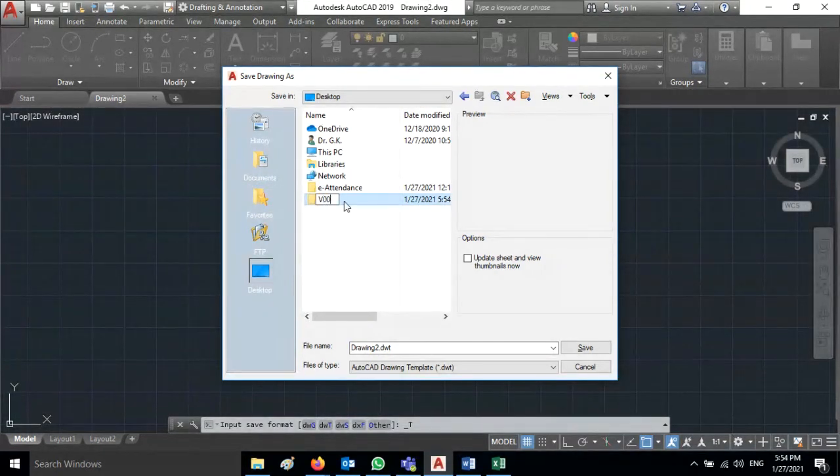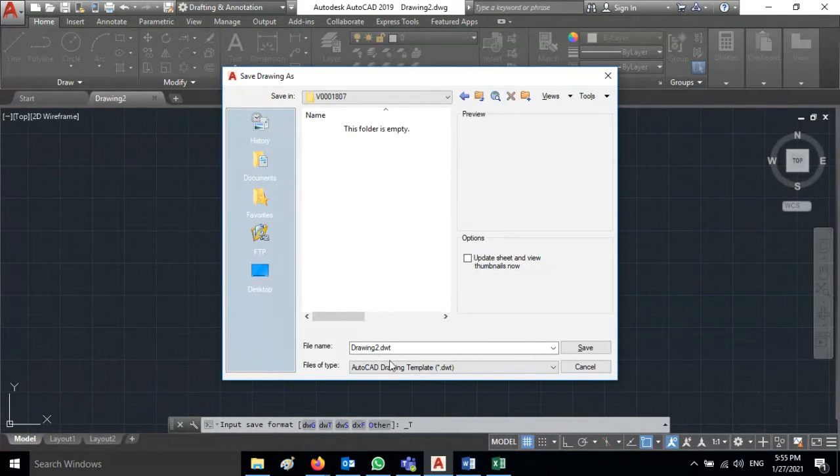Let's say my ID number is V1807, and I have created a new folder with my ID number. Double click, and save this drawing template file as per the name. It may be border template with my name or ID number.